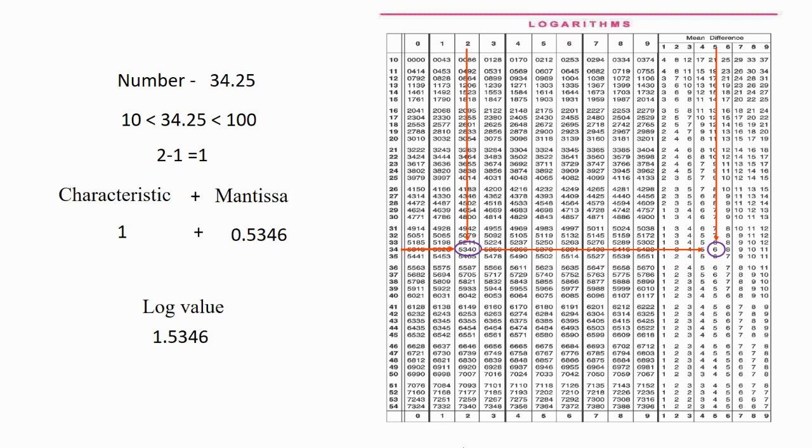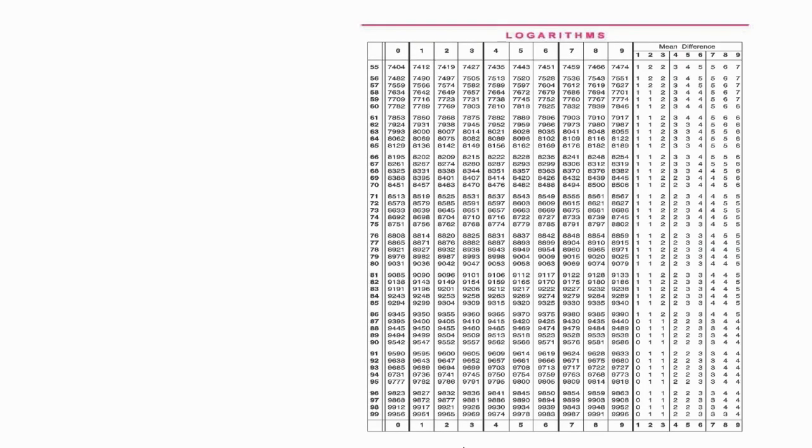So in this given example, 34.25 is a two-digit number, because whenever we decide whether the number is a two-digit or three-digit number, we have to consider its integral part. The integral part is 34 and the decimal part is 25. So 34.25 is a two-digit number. One more example,